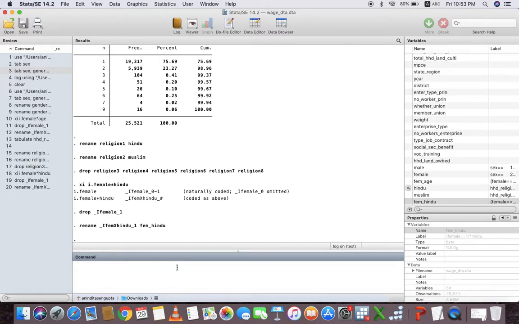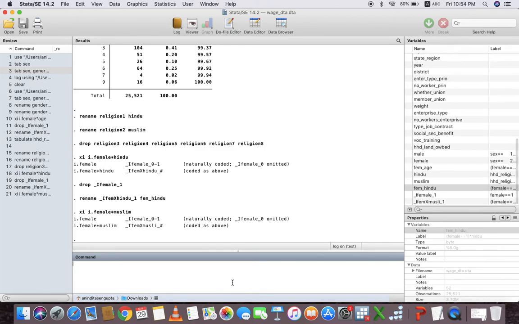Once again we will create it: xi space I dot female star Muslim.